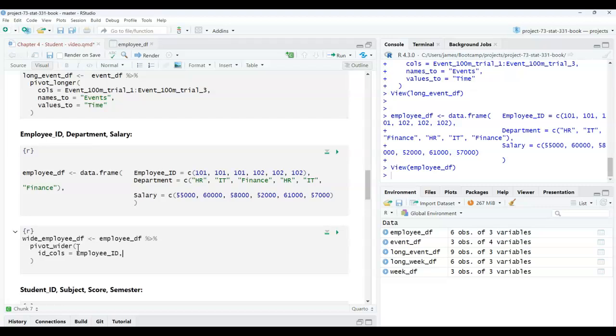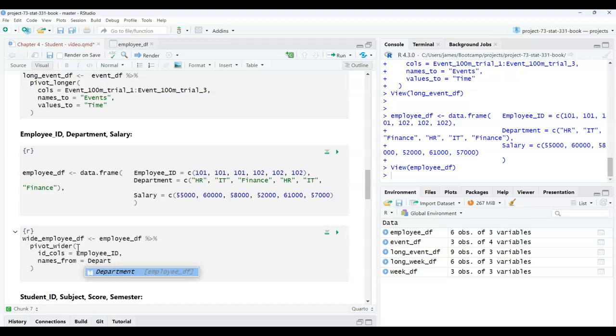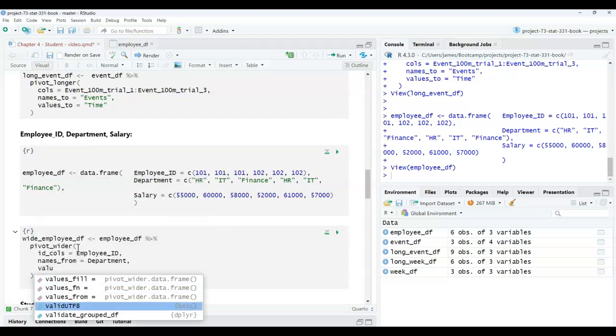That's going to be my rows. And then I'm going to need my names to come from department, rather than coming to, it's going to be coming from department. And then I'm going to need my values from